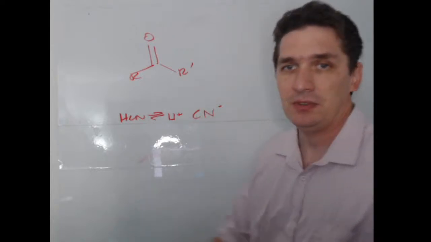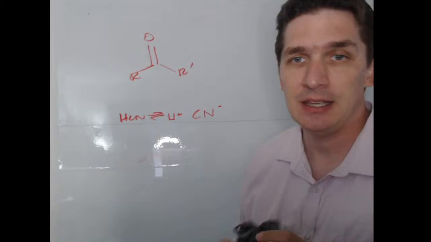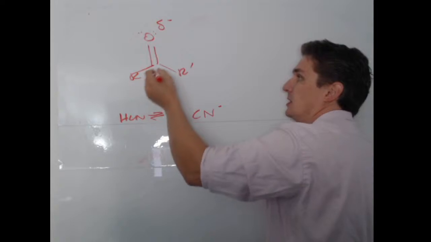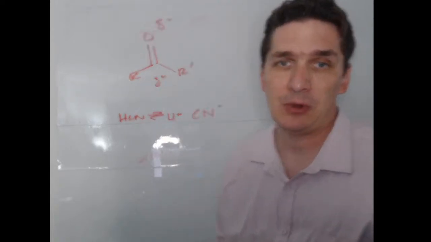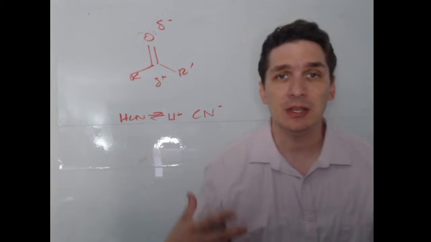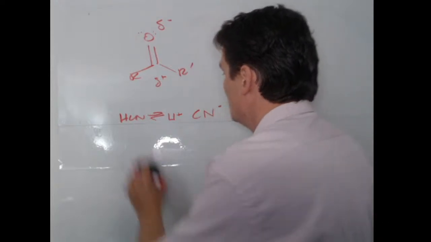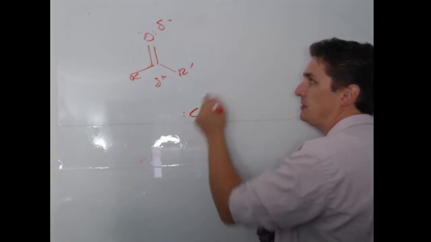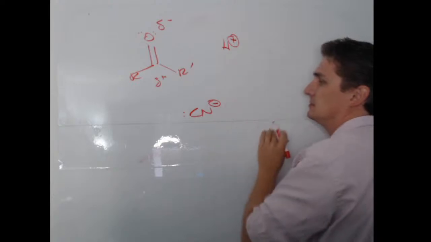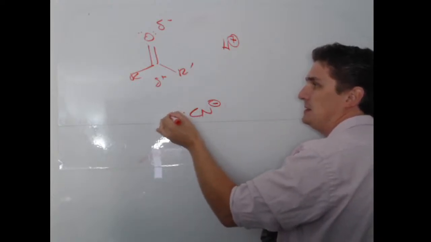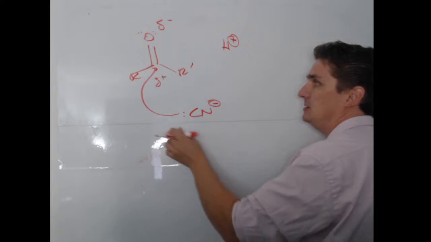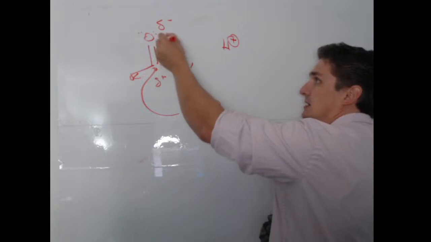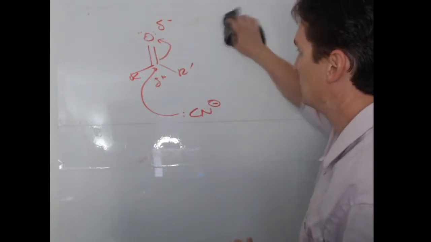For the nucleophilic attack, the easiest way to look at this is to look at where the charges are. Oxygen is more electronegative than carbon, and so this delta here represents partial charges. We have a positive charge on the carbonyl carbon and a negative charge on the oxygen. Our cyanide contains a lone pair on the carbon. So the cyanide carbon will attack the carbonyl carbon, and this will kick up electrons onto the oxygen, and our first product here